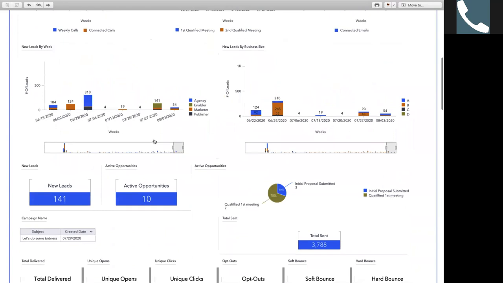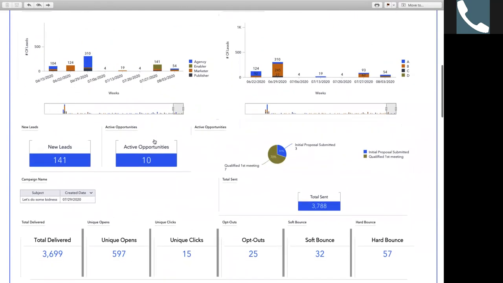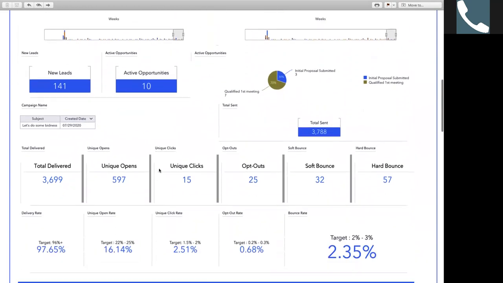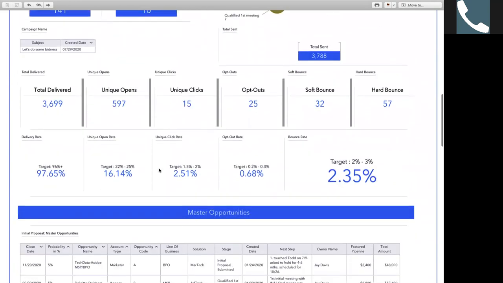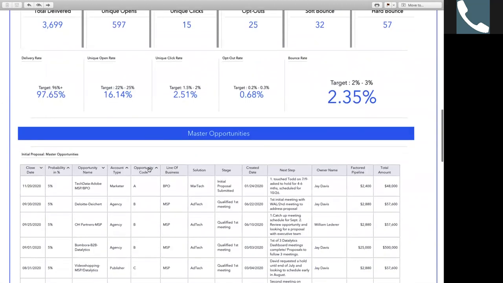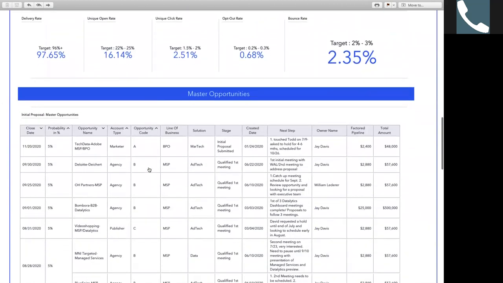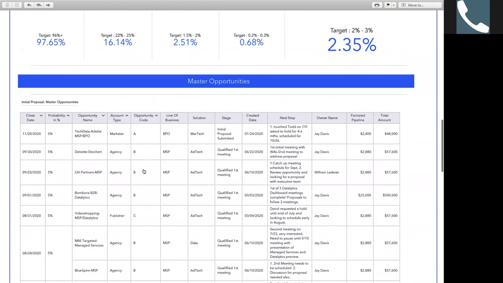It tracks your CRM system. It tracks your email marketing efforts, the number of opportunities that you're tracking. So for this particular client, we'll call it, we are actually integrated with both Salesforce and